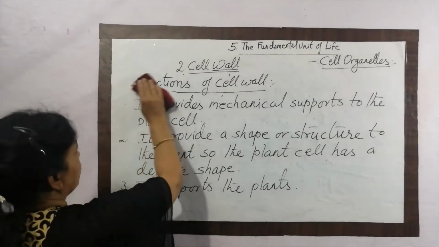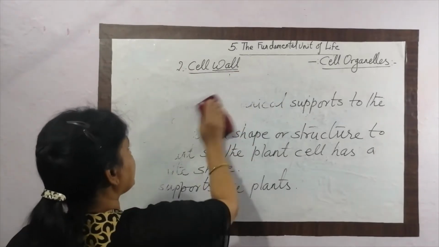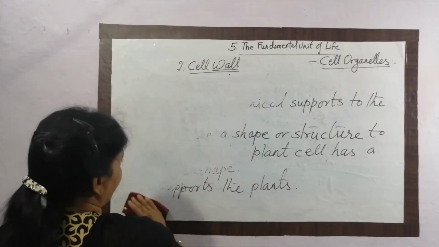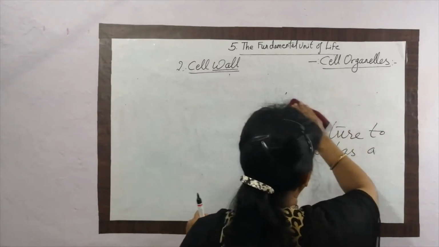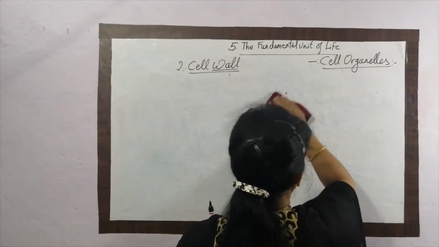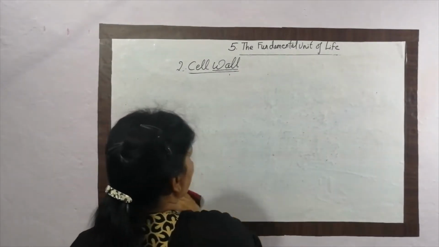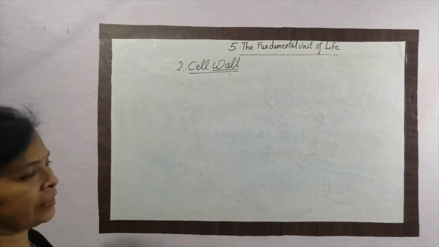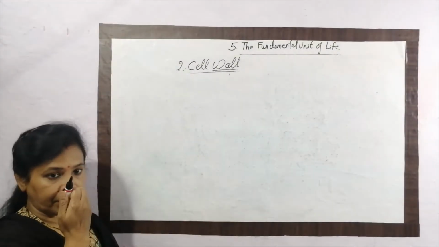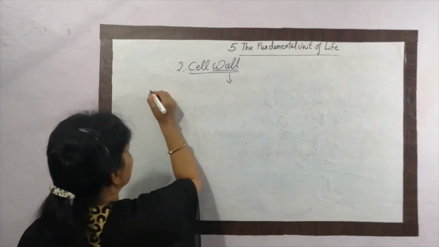So these are the important functions and properties of the cell wall. In your textbook, one experiment is given that is a little bit related to the cell wall. When I meet my students in school, I explain that experiment in class only. It is a simple experiment, but it is performed in class because we need a microscope for studying it. One more important thing is there. Cell wall was discovered by